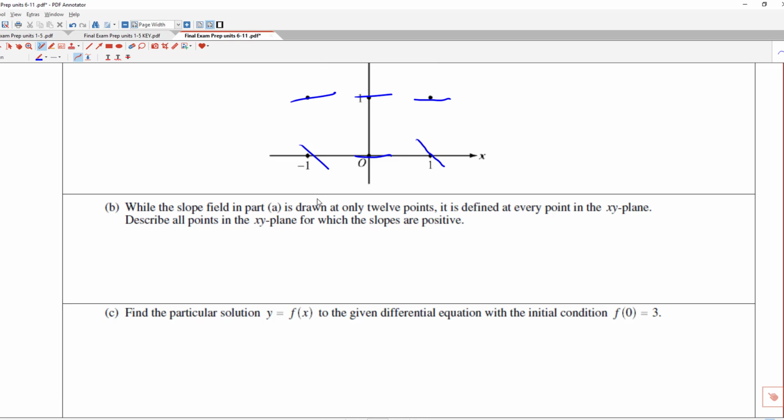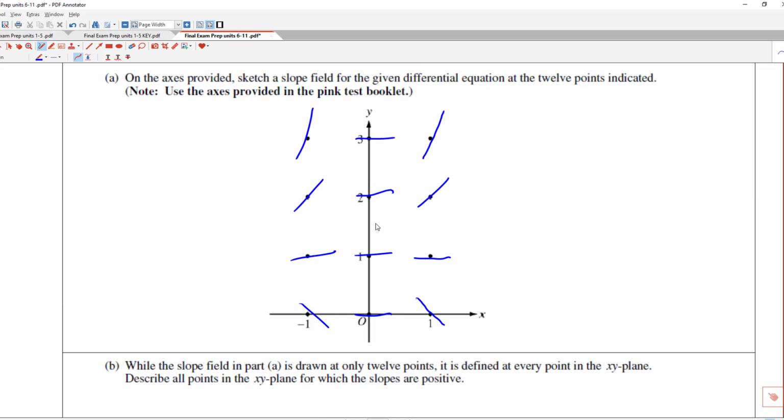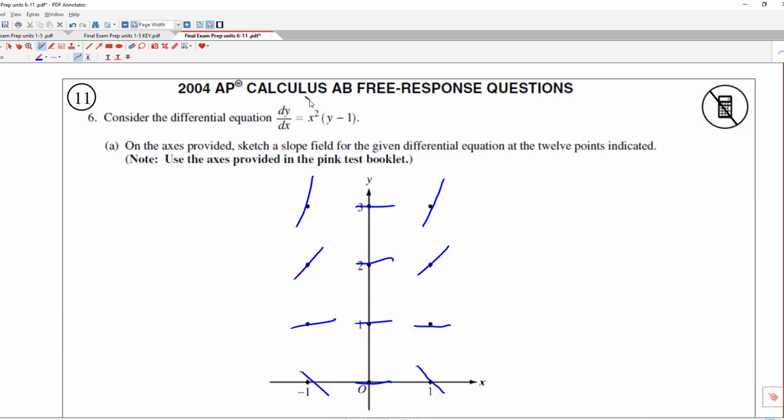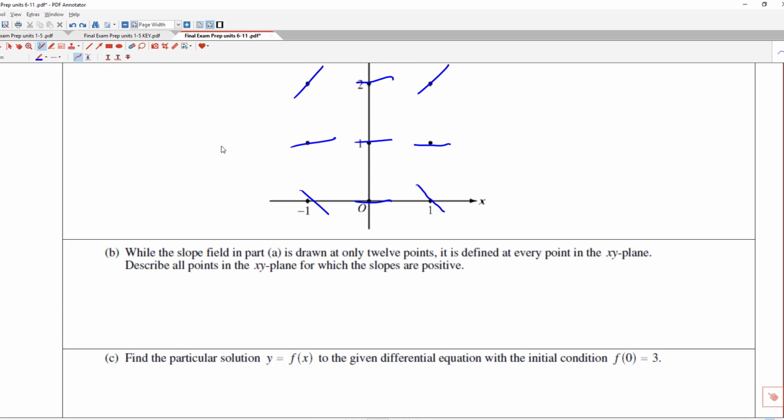Describe all points in the xy plane for which the slopes are positive. Okay, so essentially it's just saying, hey, take your dy dx up here and say that this is positive, specifically this x squared times y minus 1. So let's come down here and say the quantity of x squared times y minus 1,